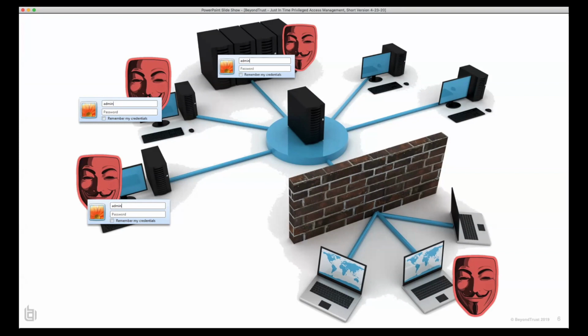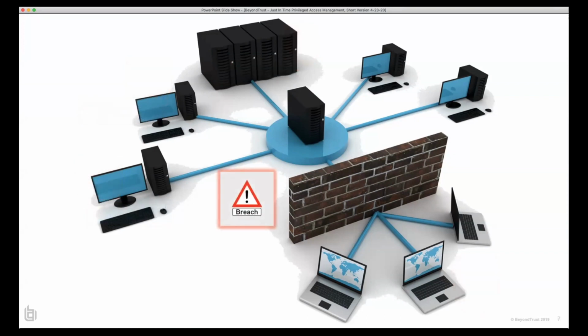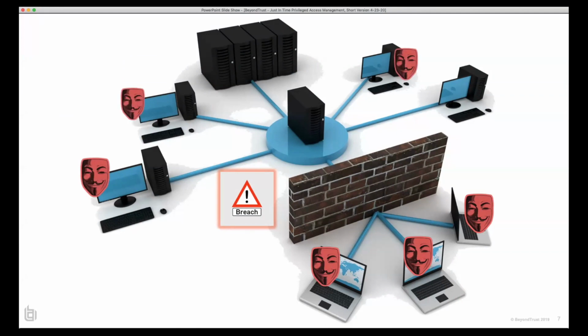Or if you've misconfigured something in the cloud or done something poor in the cloud, like expose services that you shouldn't. But once they figure out how to penetrate your endpoint, they're looking for those critical admin credentials or power users. Because once they have them, they move laterally through your network, they own systems, try to stay stealthy until they can get to your sensitive data and you have a breach.